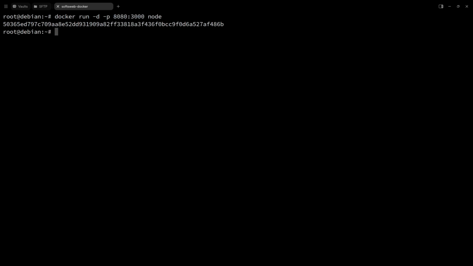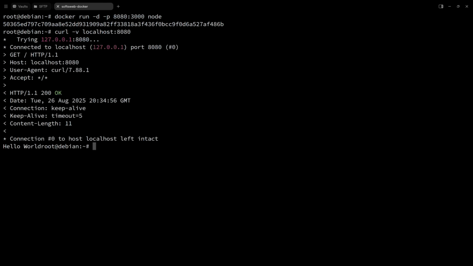8080:3000 node. Here, the first number, 8080, is the host port. The second number, 3000, is the container port. So any traffic coming to localhost:8080 on your machine gets forwarded to port 3000 inside the container. Why does this matter? If your Node app is listening on 3000, you can access it from your browser at port 8080. Pro tip: you can map multiple ports by adding more -p flags, like